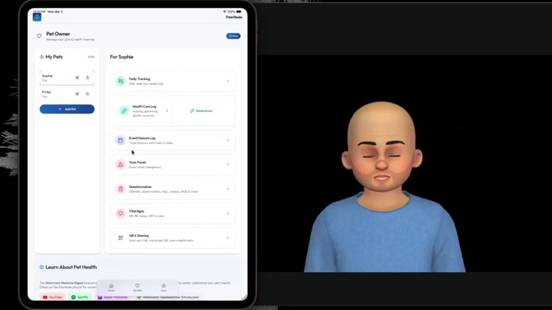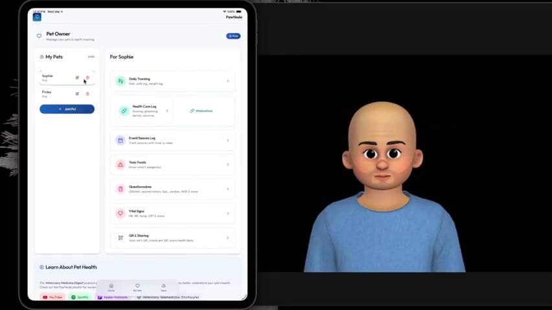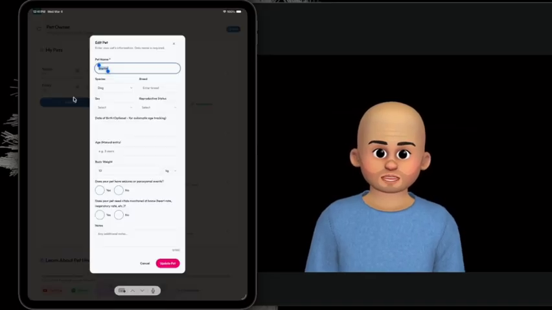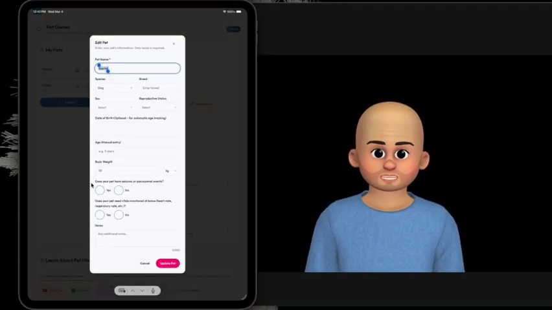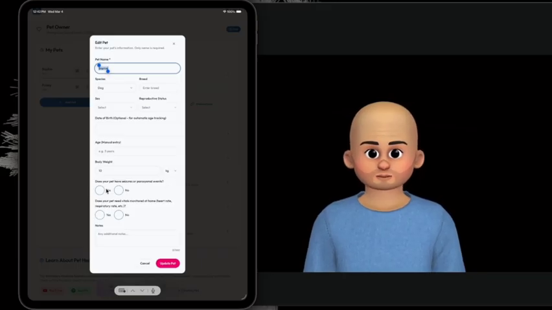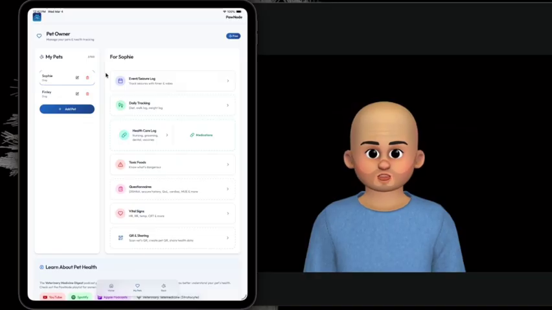So this video is going to cover the event/seizure log portion of the app. If we go back to the patient's information, you'll see that there's a section that says, does your pet have seizures or a paroxysmal event? If you select yes, and then we update the pet, it now puts the seizure log at the top because it's going to be something you want immediate access to if you do have a pet that unfortunately has events